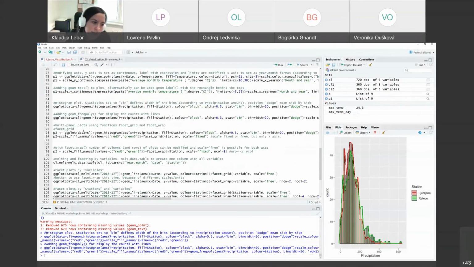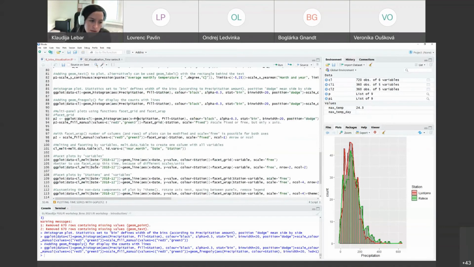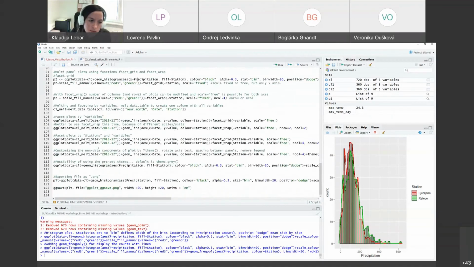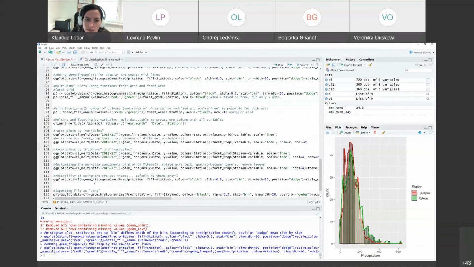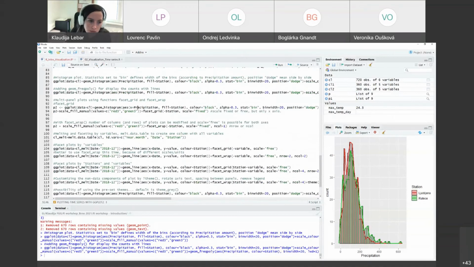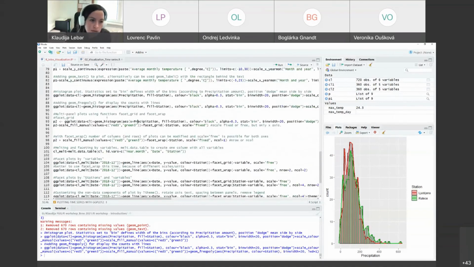And in the next lines, some options for multi-panel plots are presented. I will just go through facet grid and facet wrap options. Others you can run alone, and then I will show you also how to save your created plots to your computer. So first we will use the facet grid